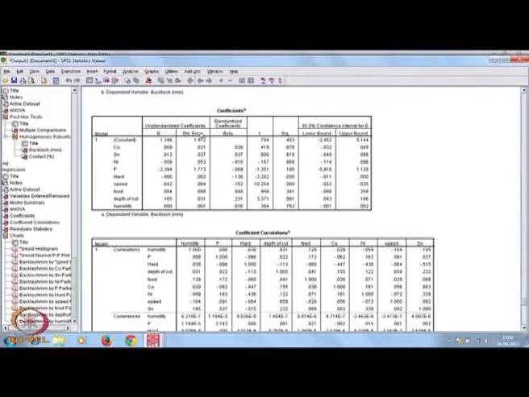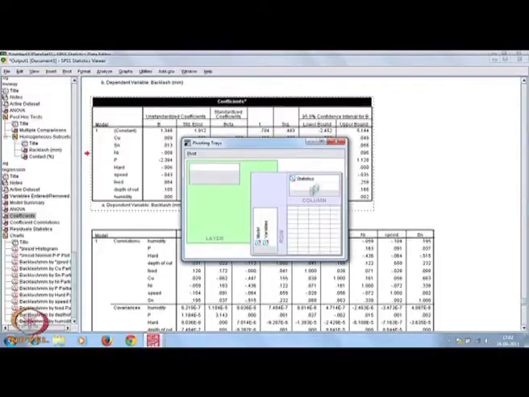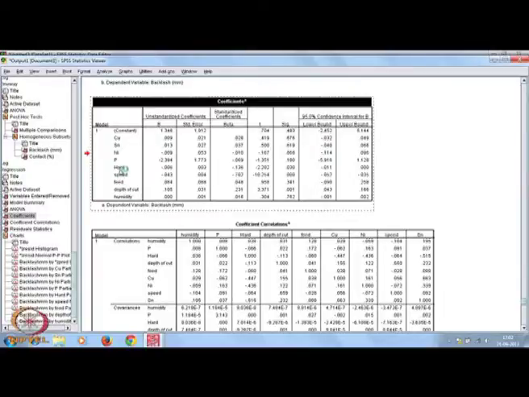So, see these are the beta, then standard error, then standardized coefficients. If you have taken original variable values, you can standardize the variables, and then you will get the standardized regression coefficient, the t value also, and the significance. If we consider that the 0.05 level is acceptable to reject the null hypothesis, then you see that hardness, if I click this, this one is 0.30.